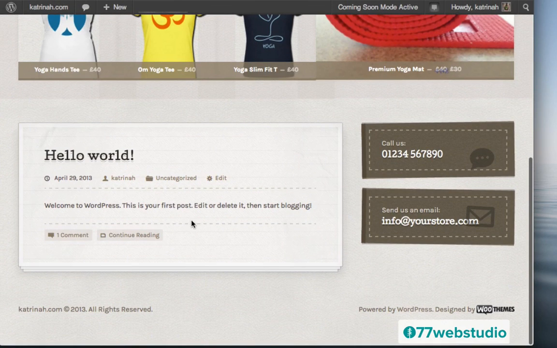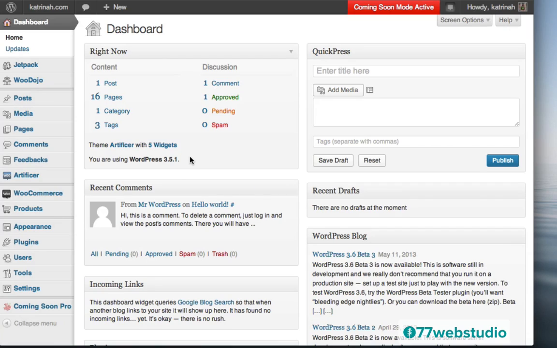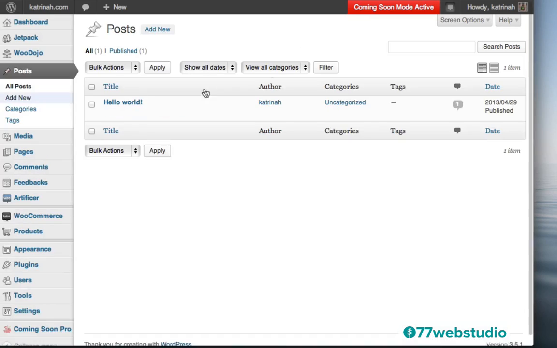Let's add a new blog post. So to add a blog post, you want to go up to the top, click on Dashboard, and here on the dashboard, to add a new blog post, you want to click on Post on the left-hand side, and then here we can see all the posts that have been added to the WordPress website to date. Now, note that Hello World is a blog post that comes with your WordPress installation, so we'll be deleting that later. For now though, let's go ahead and create a new blog post by clicking Add New.